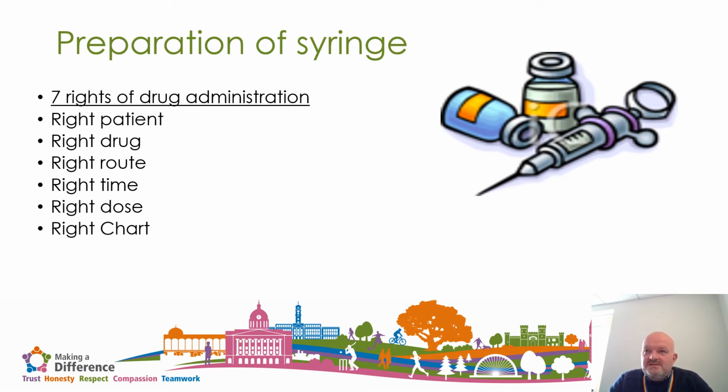And this is really important, especially if you've got 2 syringe drivers running. In some areas, you may well have 2 syringe drivers running. If that's the situation, what I would suggest that you do is each syringe driver has its own drug chart, and you put on one drug chart a coloured sticker, so a red sticker on one drug chart and a blue sticker on the second drug chart. You put a corresponding red sticker on that line and on the syringe as well, and you do the same with the blue